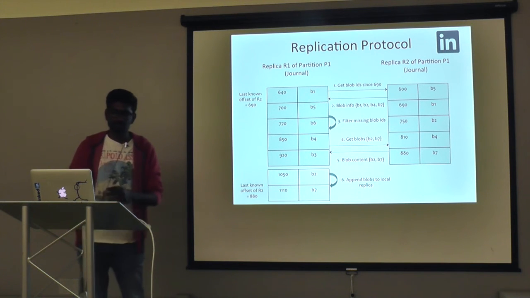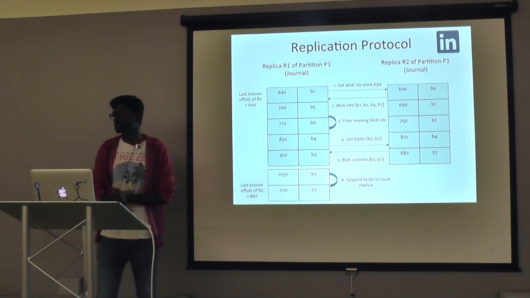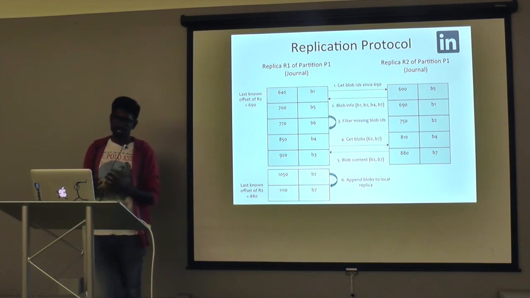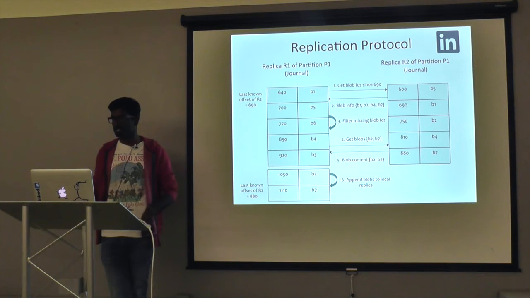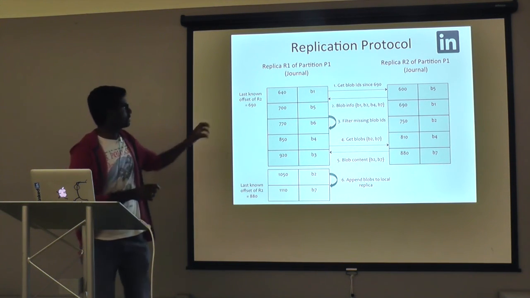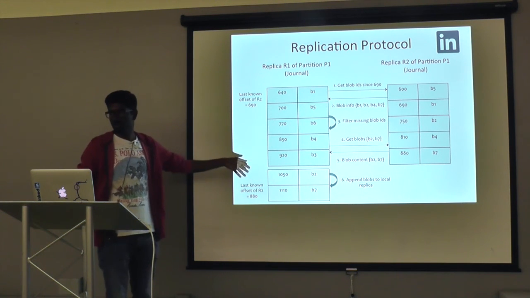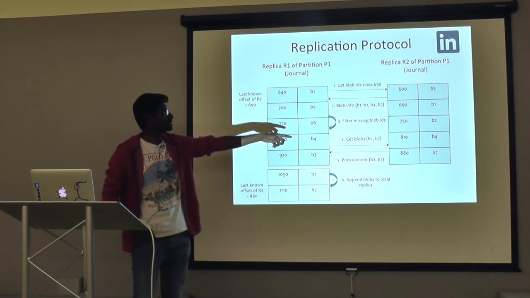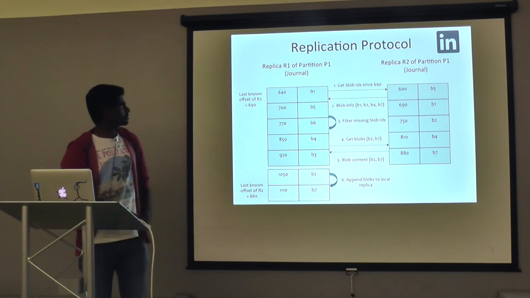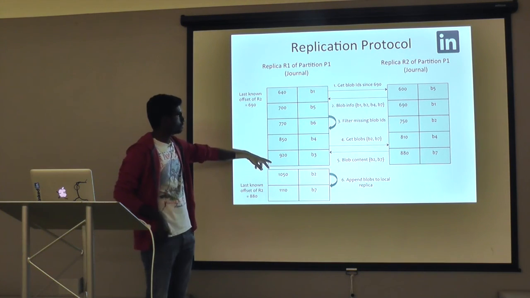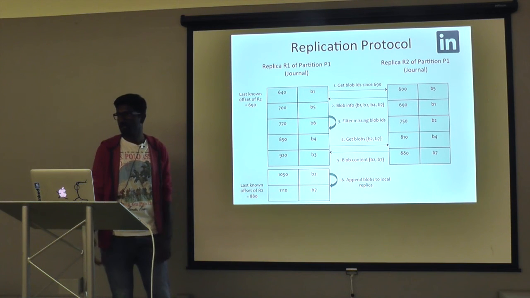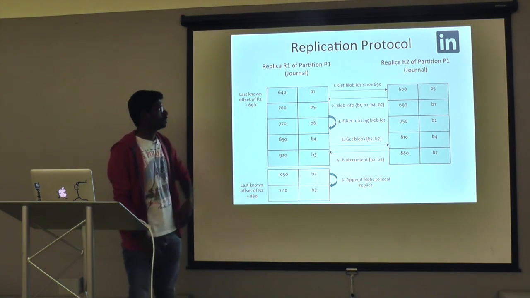Okay, so apart from the index segment which I was telling you about, we have a concept of a journal. What the journal means is that it contains the same content as the recent index segment, but it is keyed on offsets. So let's say this is the latest view of the log, at the end of the log, of one replica, and that is the latest view of the log in the other replica of the same partition. As of now, you will see six logs out here and six logs over there. We don't care about the ordering per se. I can tell you how it's going to matter.